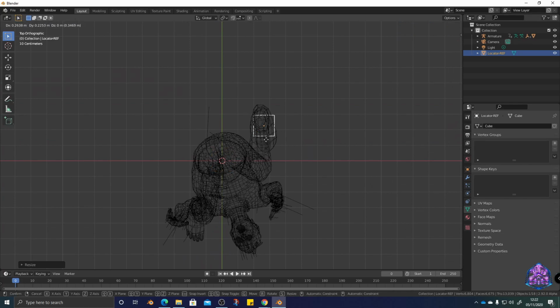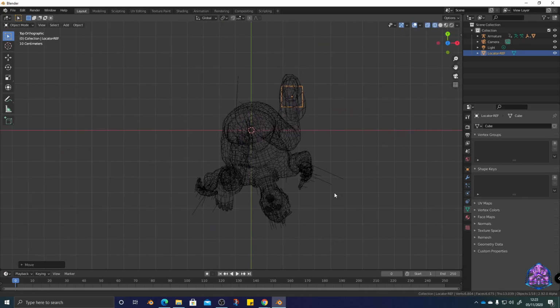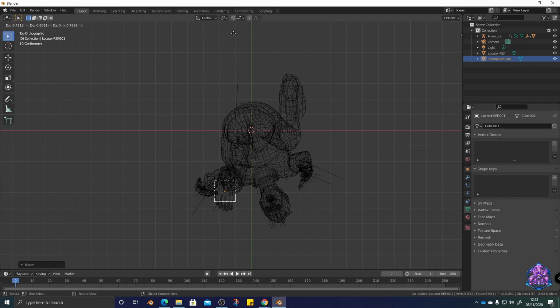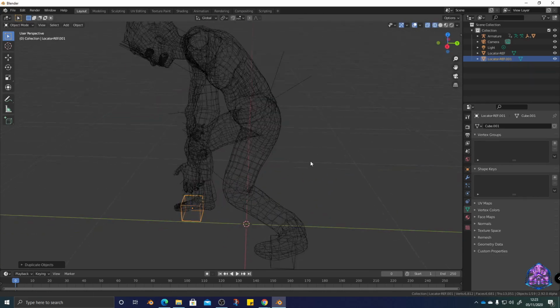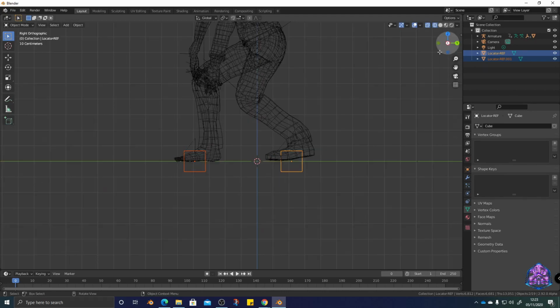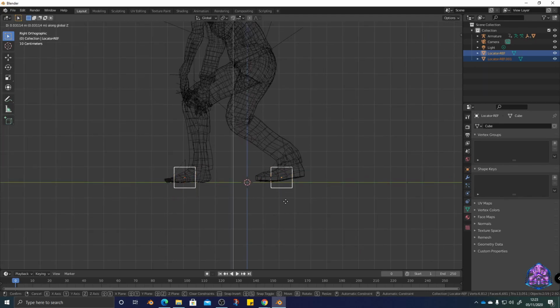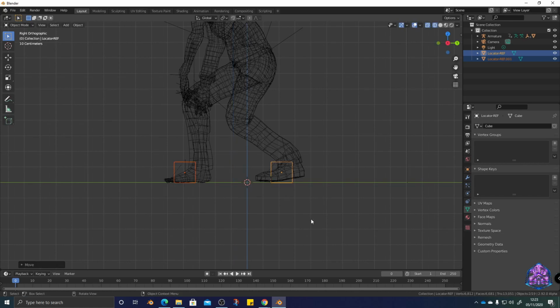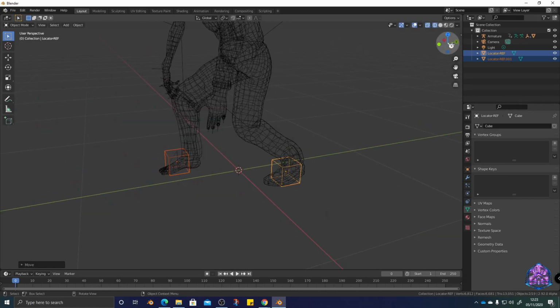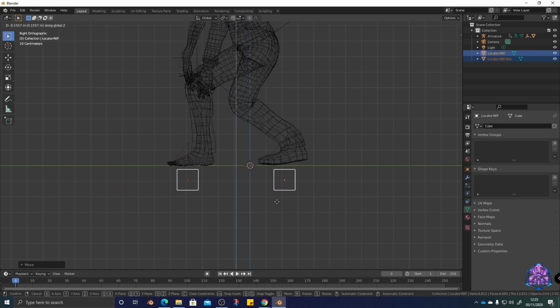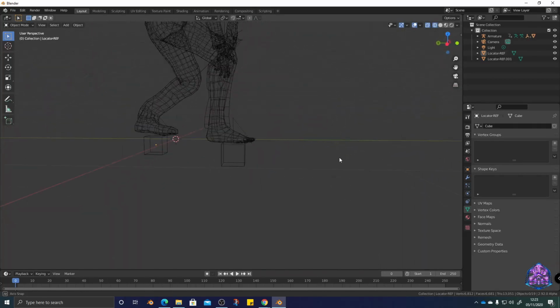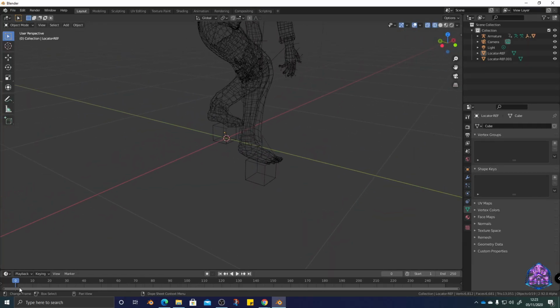So what I need to do first is place these cubes in the center of the foot. It's not imperative that it's actually on the foot, it's just to give us a reference point. And then I need to move the cubes down underneath what would be the floor plane, and these could act as stepping stones for us as our reference. They're just a key reference guide, that's all they are. So what I need to do is work out how many I need. As I cycle through, I can see I need at least 3 per turn,